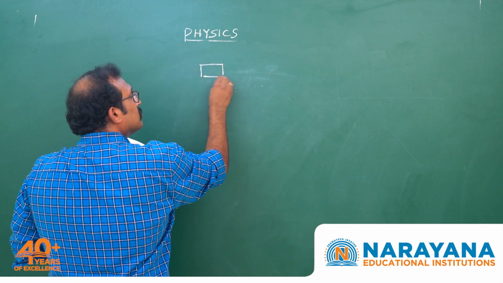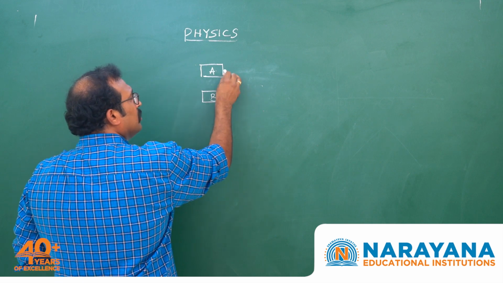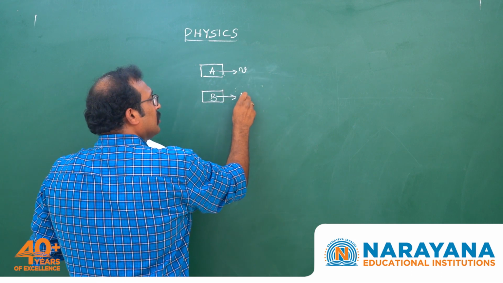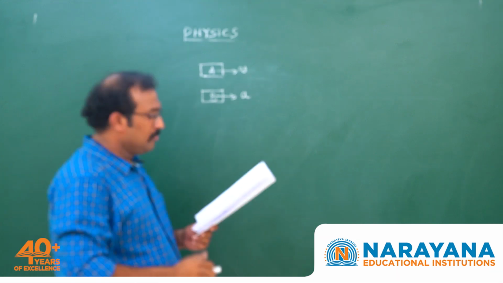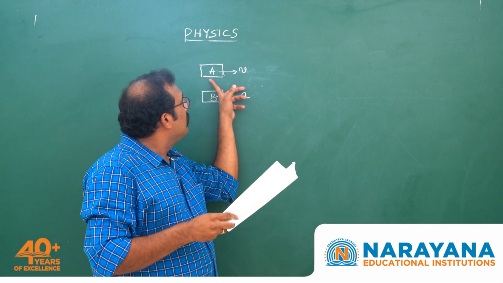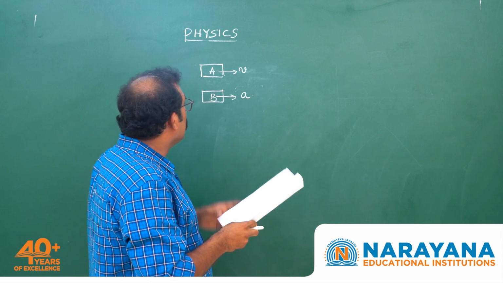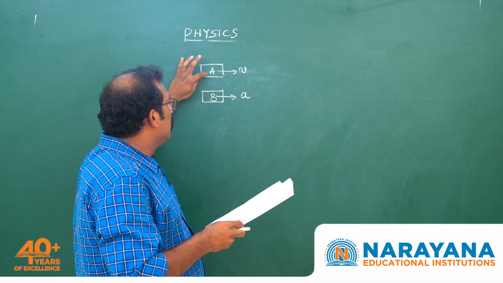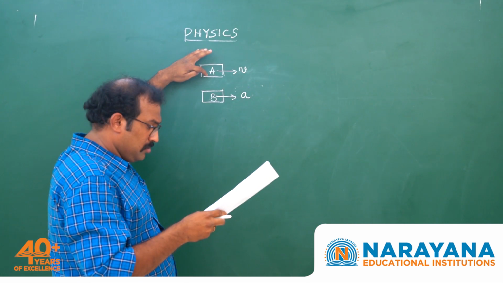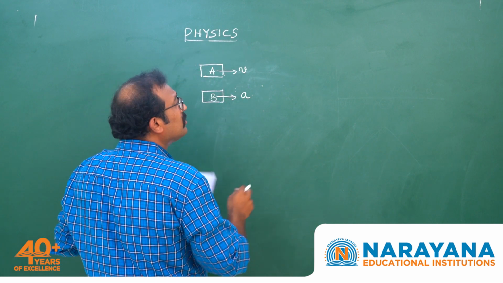There are two bodies. This is A and this is B. This is moving with a constant velocity v and let this start with an acceleration a. The body which is accelerating will move faster than the velocity of the first body. So therefore we simply say, in order to catch the body B, what would be the distance that A will travel before catching it.